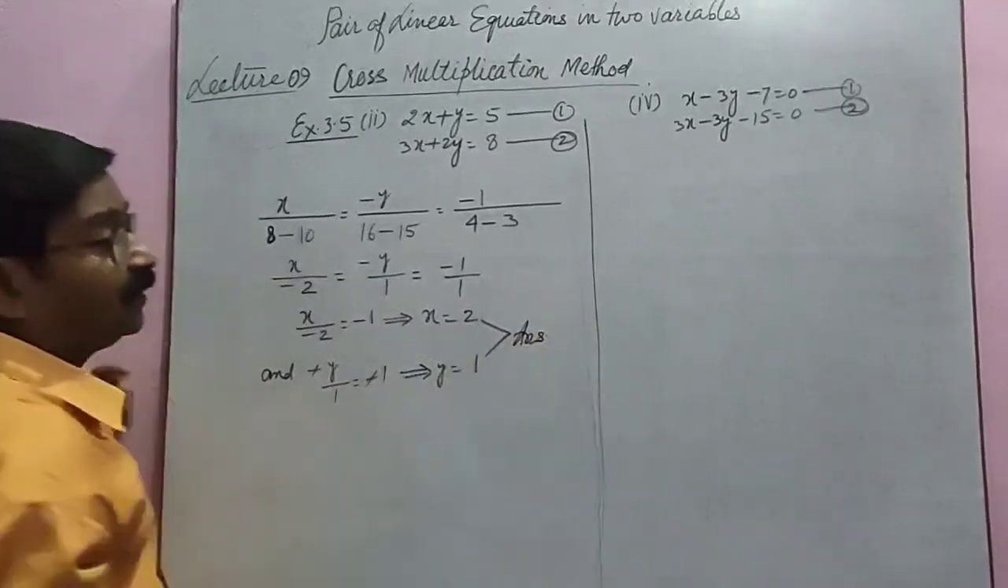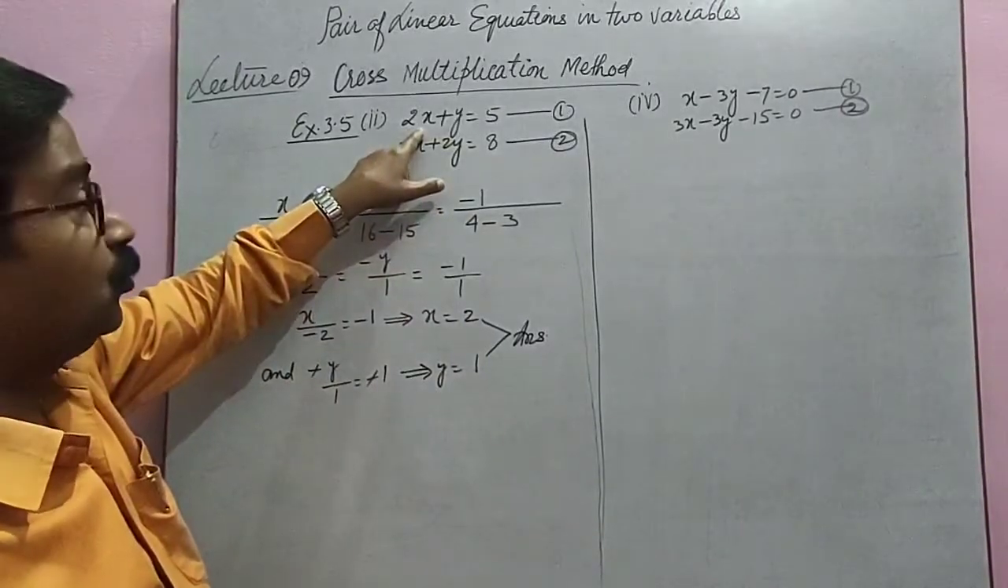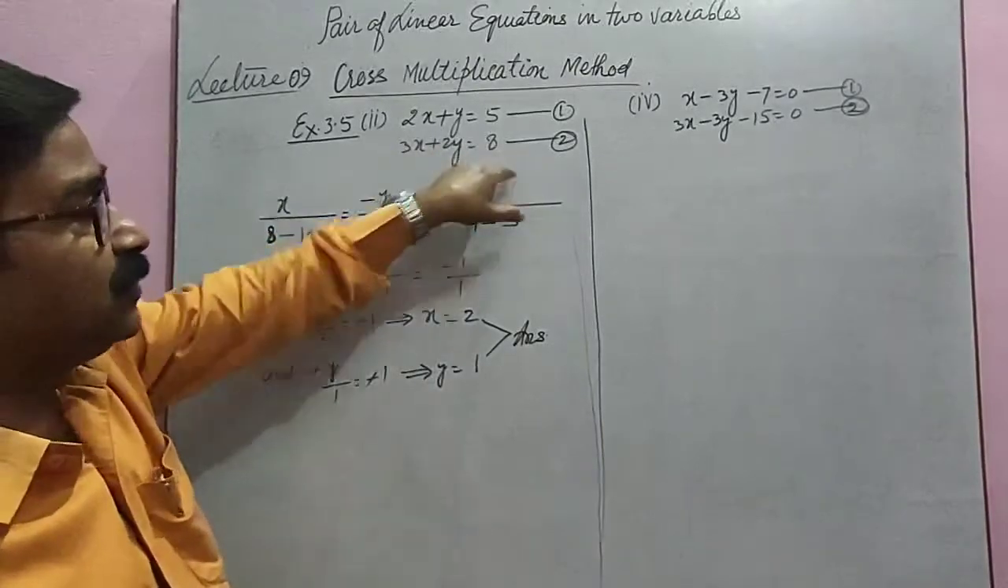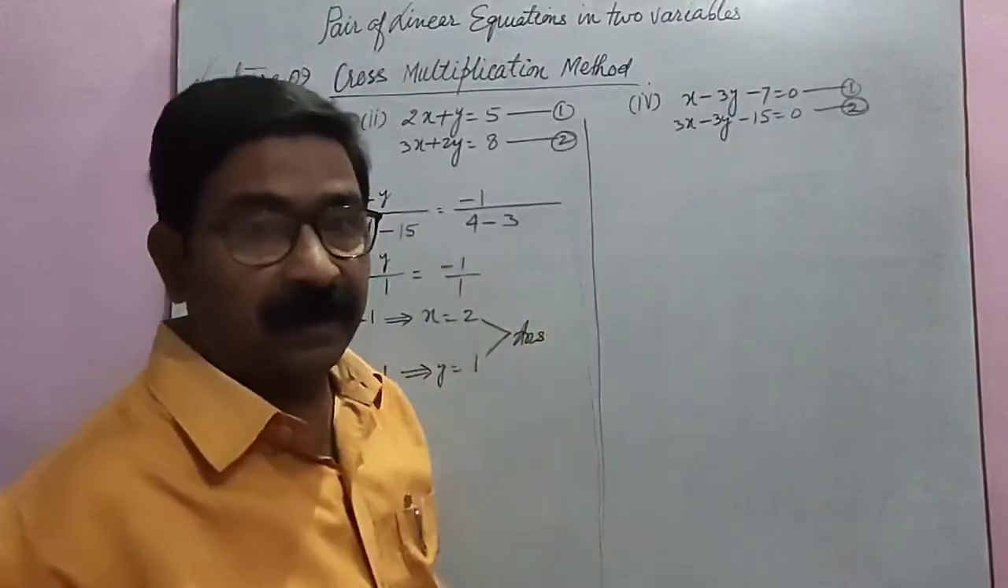Very simple method. If you want to check your solution, put it here. 2 2s are 4, x is equal to 2, plus 1 is 5. Here 2 3s are 6, plus 2 1s are 2, 6 plus 2 is 8. Your answer is correct. Now in the fourth part,